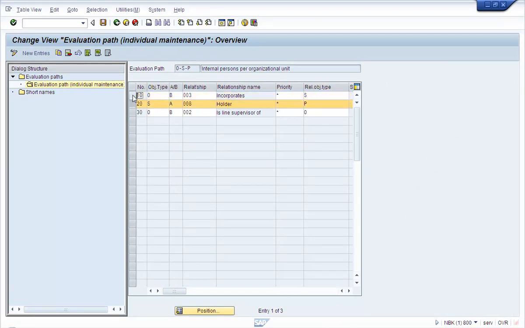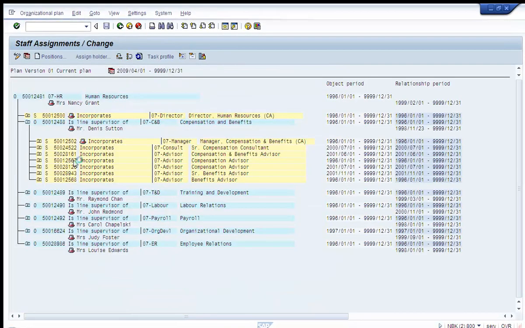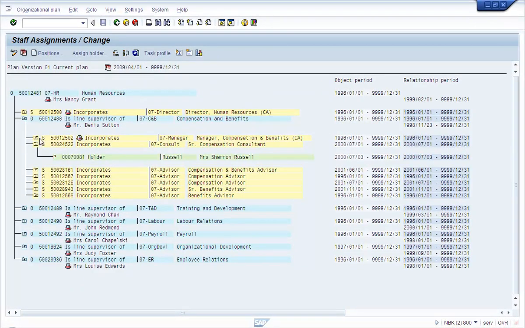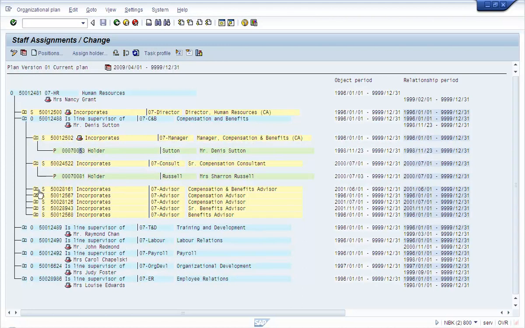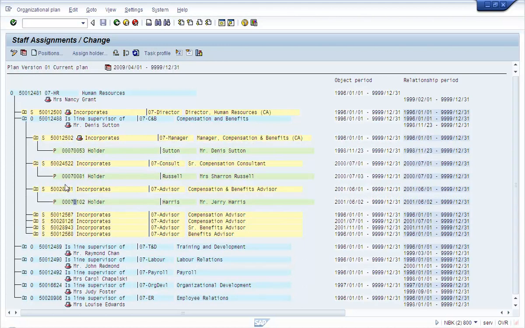And depending on the second row, which is bottom up, A is bottom up, all persons holding the positions S. So the system will read all these person names, all these persons who hold the positions. This person holds this position, this person holds this position, and this person holds this position.